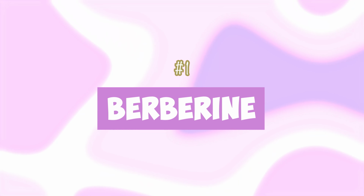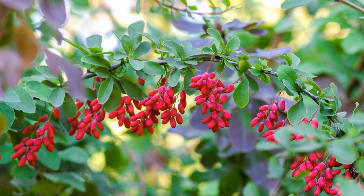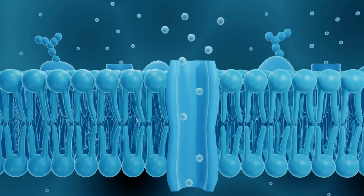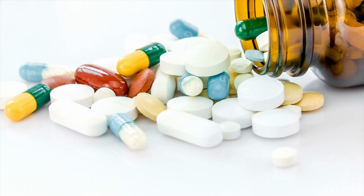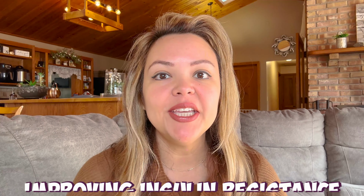Okay, so let's dive right in with the first one on our list. Berberine. Berberine is a supplement with an active ingredient that is extracted from plants. Historically, berberine has been used as part of Chinese medicine. However, with the increasing research that is available, berberine has been demonstrated to be helpful with things such as glucose metabolism, prompting studies to examine its effect as compared to metformin, which is a medication that is commonly used in the management of diabetes. The mechanism of action of berberine is through promoting insulin secretion, while at the same time improving